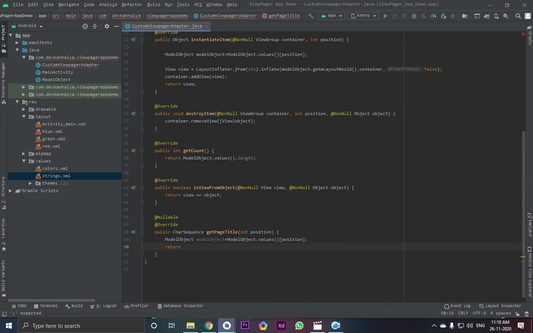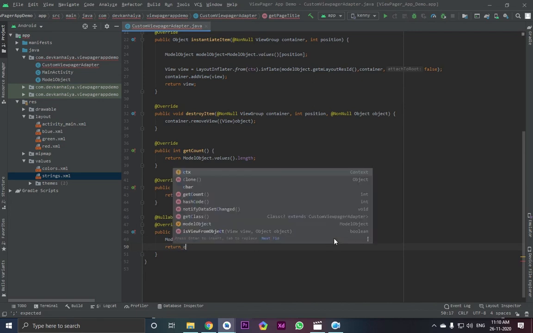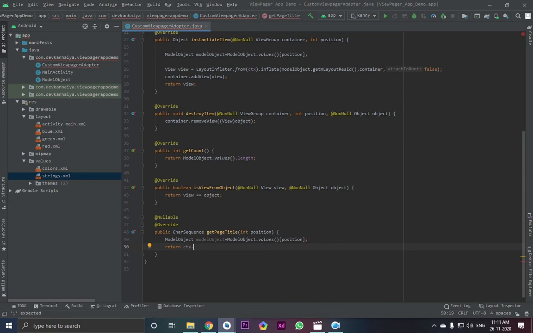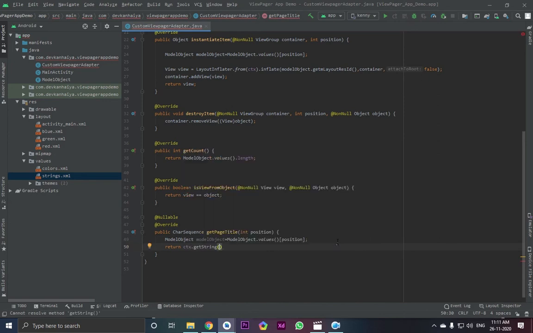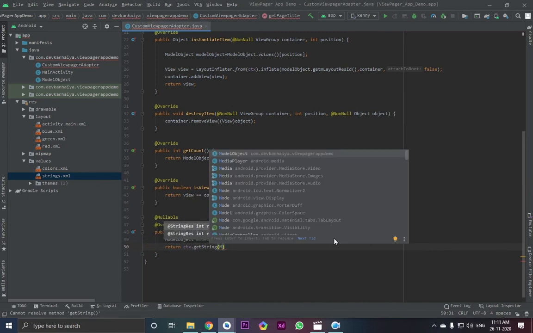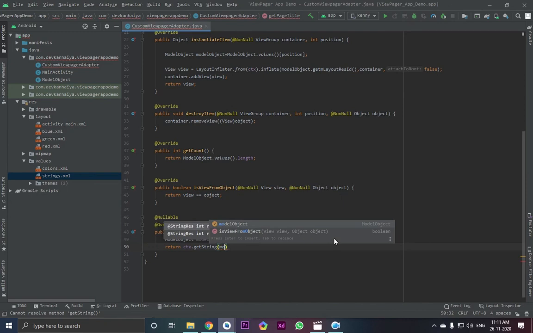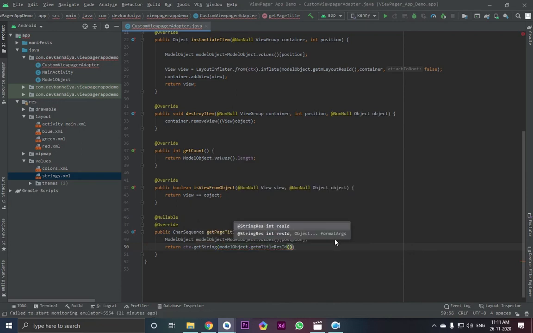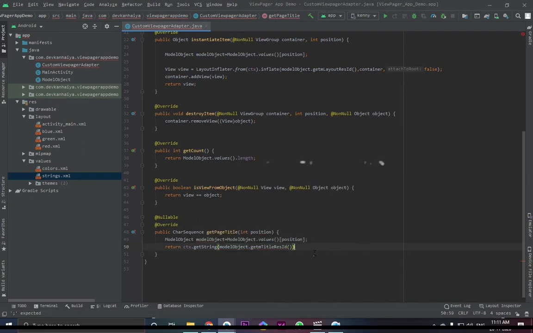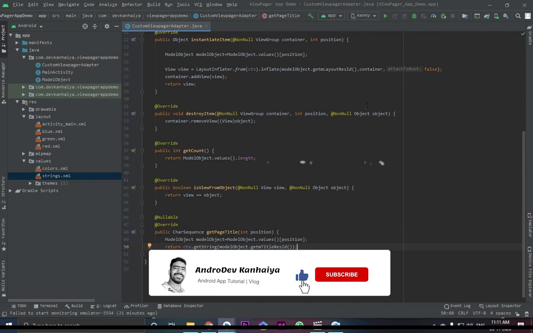That is, so get ctx dot get string. So where are we getting our string from? That is model object that we have inserted here, dot get title. Now the project has been completed. Let's give it a semicolon here. Now let's